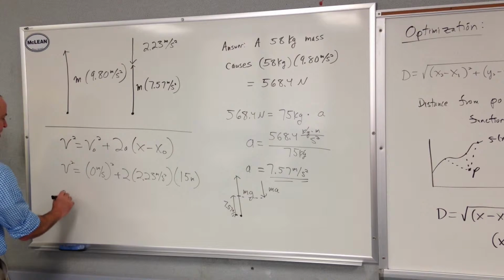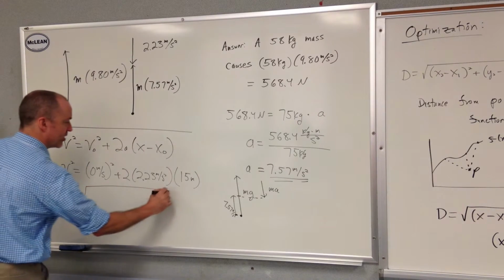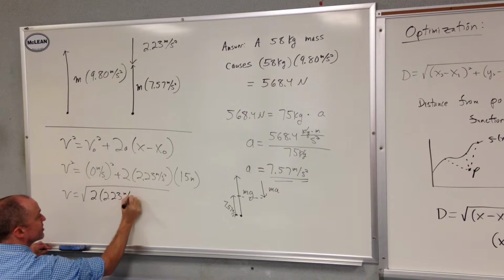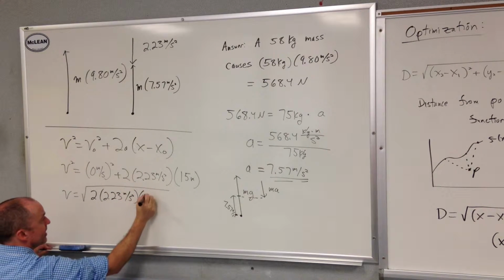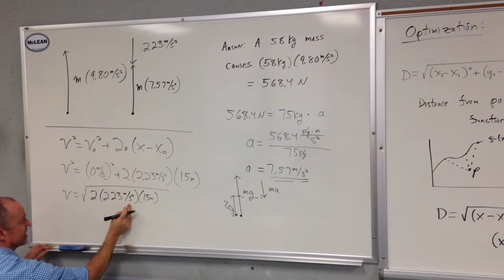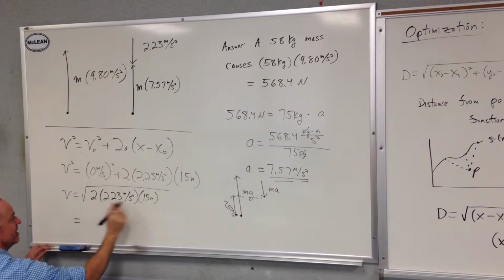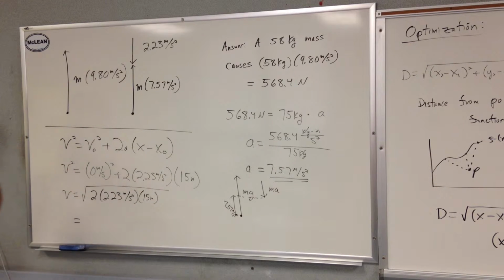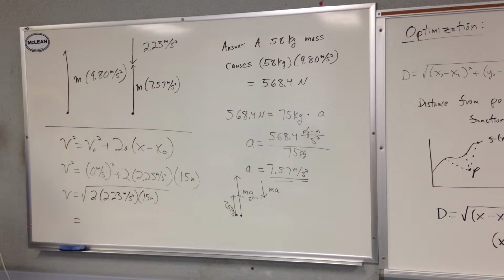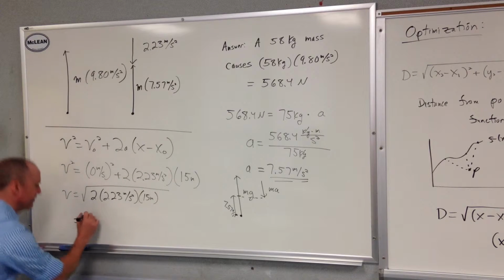So his velocity is just going to be the square root of 2 times 2.23 meters per second squared times 15 meters. Meters times meters makes meters squared over seconds squared, so I will get meters per second. What's the square root of 4.46 times 15? It's going to be 60 something, so I'm looking for around 8. 8.44